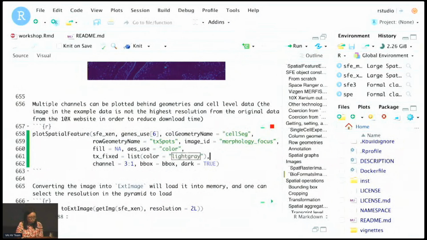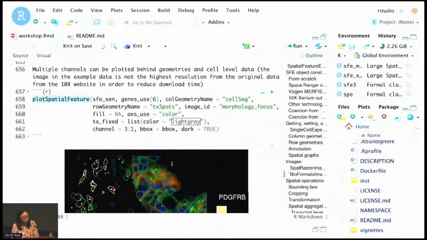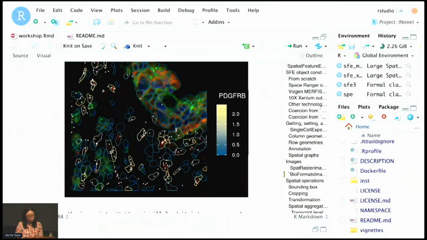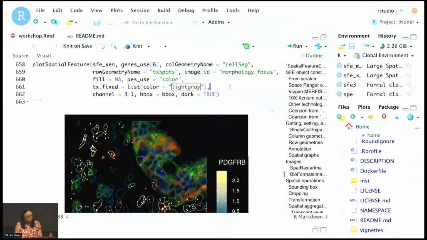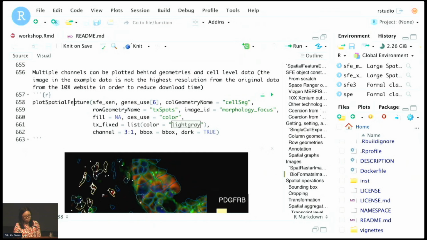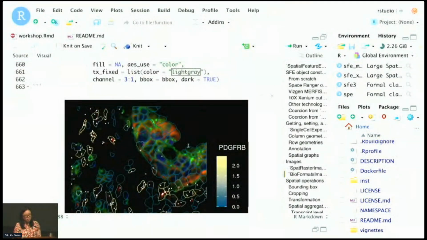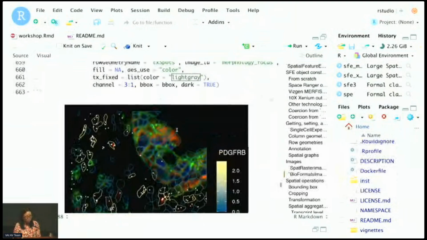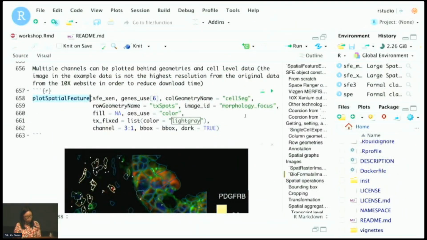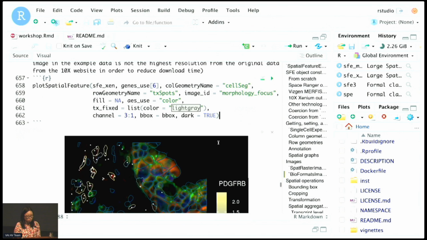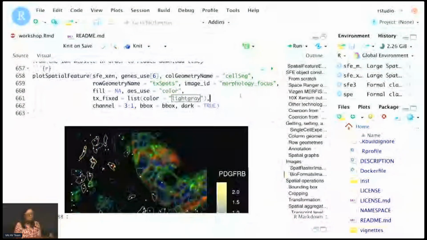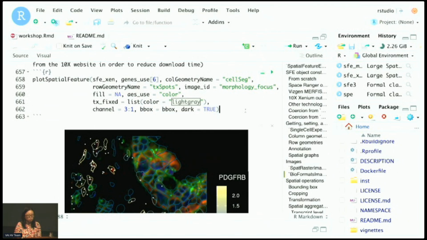I mentioned it's a pyramid, and in plotSpatialFeature and all the other plotting functions dealing with images in Voyager, there's an argument that limits the number of pixels that can be read into memory. Then this function will get the metadata and automatically determine the highest necessary resolution from the pyramid to be read. So unless you're really zooming in, you're not reading the full resolution image. And even if you are, like here I have supplied a bounding box, it will only read the small part of the image necessary. So usually you don't need to read the whole thing into memory.